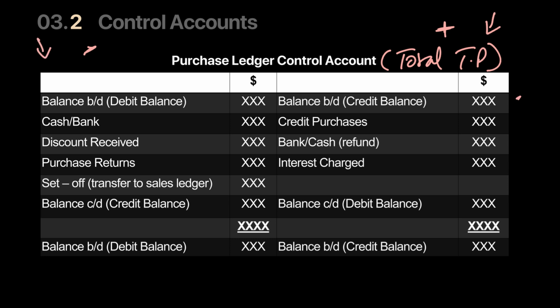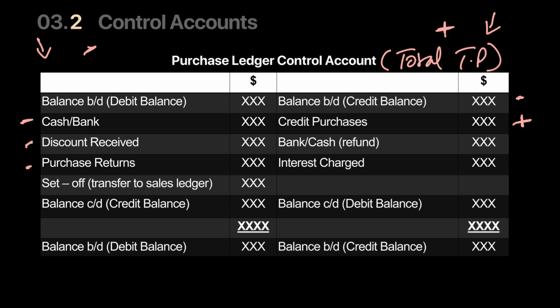So any outstanding balance, you will start off from the credit balance, right? Any credit purchase, so if you buy more goods, your liability increases, you have to pay more. If you pay off your liabilities, your liability will decrease. If you get a discount, your liability will decrease, you will have to pay less. If there's a purchase return, your liability will again decrease. All right, so all transactions that can decrease your liability.